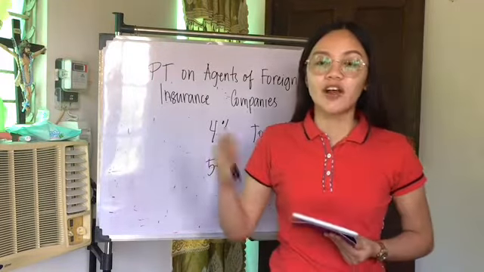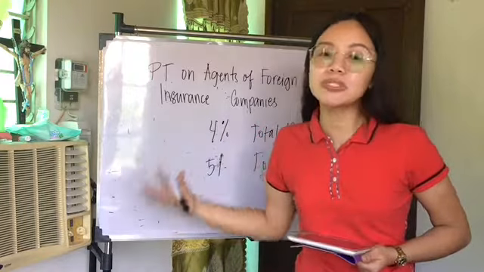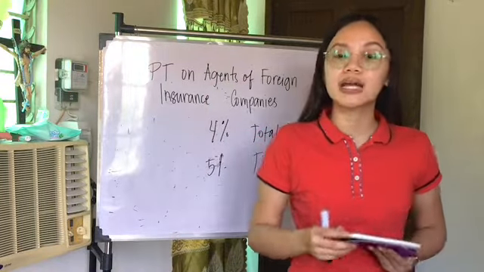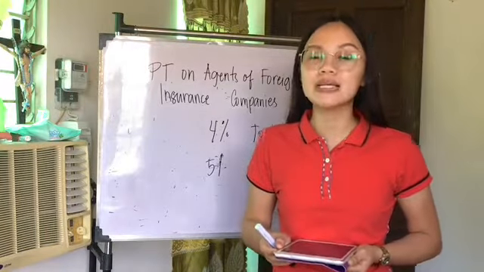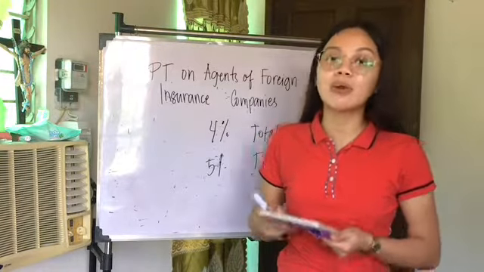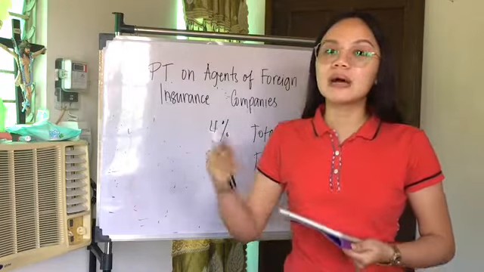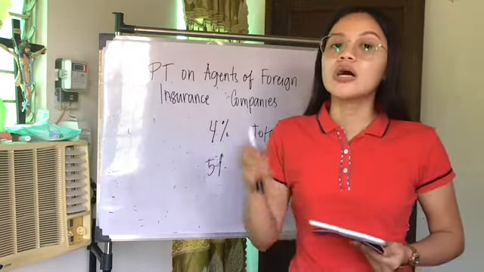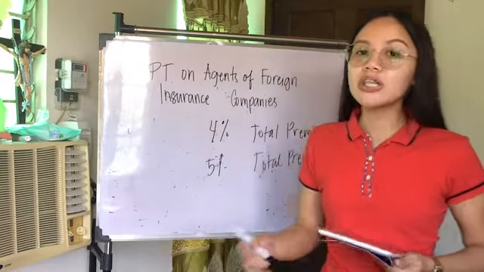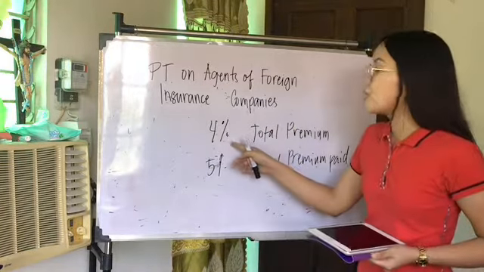That means, foreign insurance company sila, pero hindi po sila pwedeng directly dito magtatransact ng business sa ating bansa. Pero pwede silang kumuha ng mga agents na magpapalakad ng mga polisiya nila and make sure that there will be transactions here. So, yung authorized agent na yon ay masasubject sa ating 4%